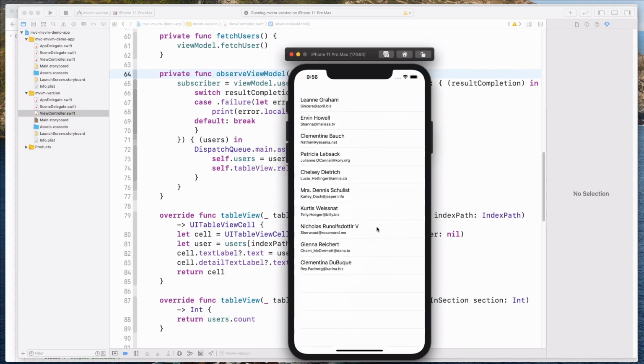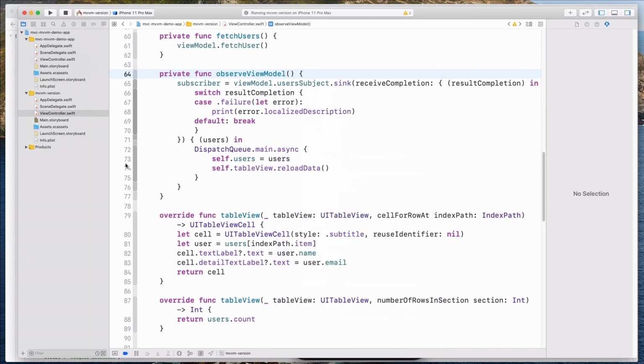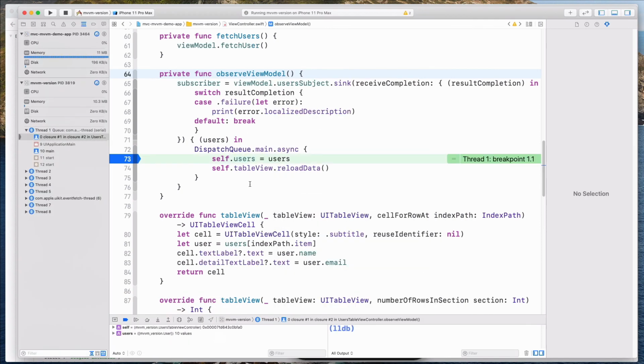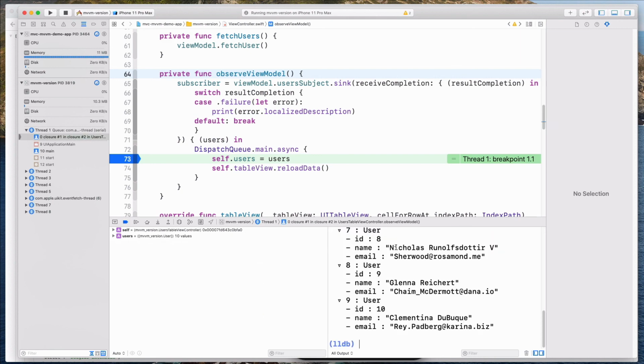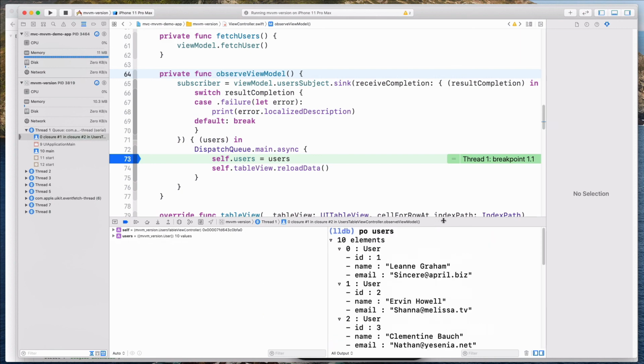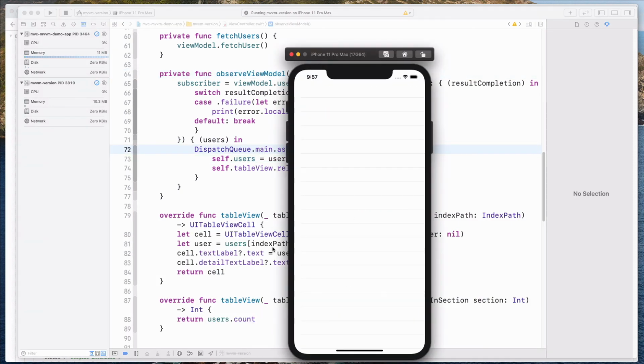Alright guys, as you can tell, the table view is loading as well. If I put a breakpoint over here and run this one more time, I should be able to land over here. If I do a PO users, you should see that this displays all the users within the JSON payload itself. Alright guys, so let's just talk about what is